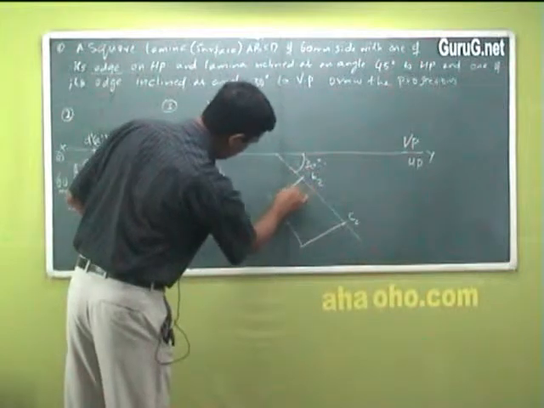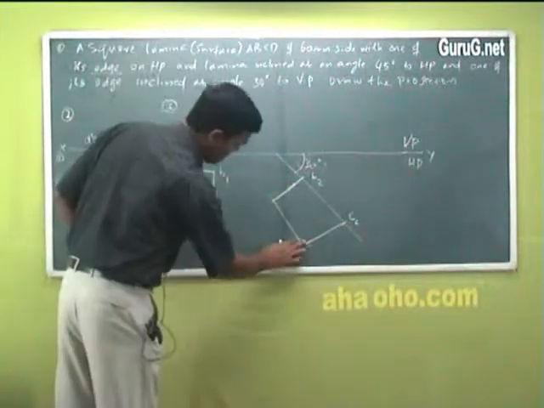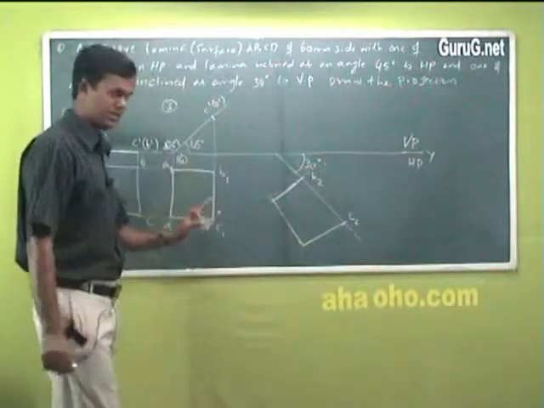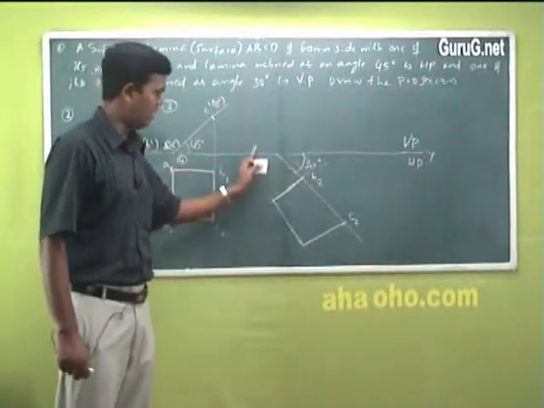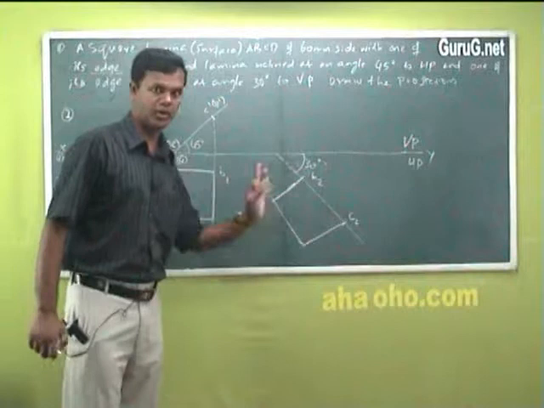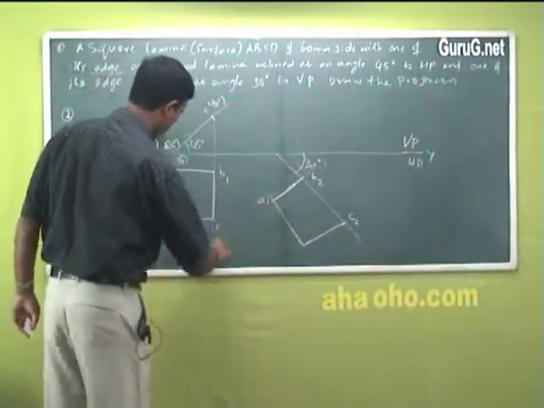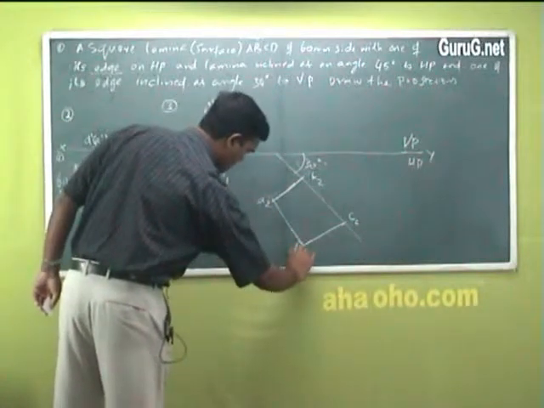When you use your mini drafter or your scale, pencil, etc., it will come exact square, because since I am drawing on the board, I need not get the exact inclination. It's not possible. I'm just drawing an approximation. So now your point A is, suppose A1 is here, I mean A2, and your D2 is here.